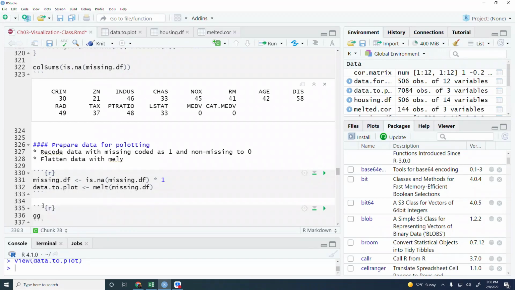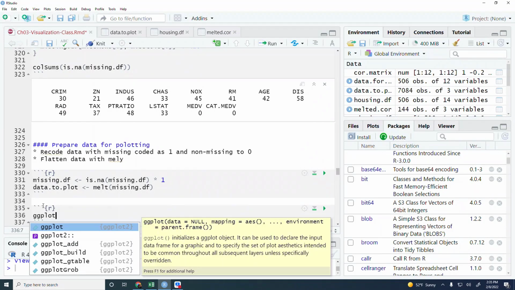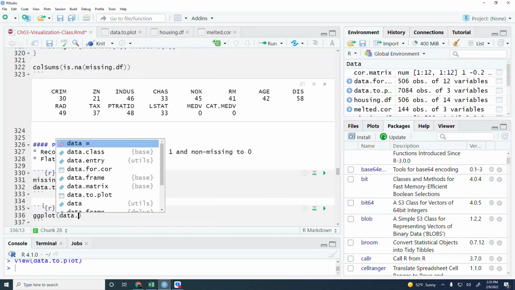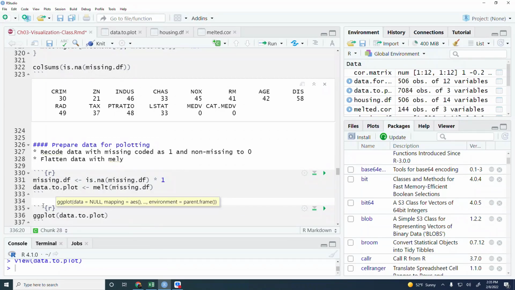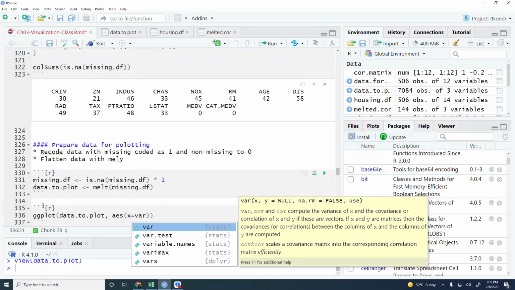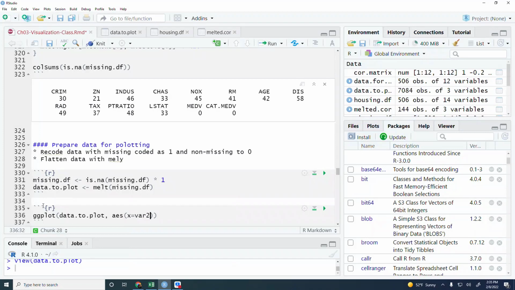So we do ggplot. Okay. Data to plot, aes x equal to var1. Well, we want x to be var2. So remember, we want to look at it exactly how the data frame will be. So the data frame will be rows going like this, so you want the rows on the y-axis and columns going like this, so you want columns on the x-axis. So x should be var2